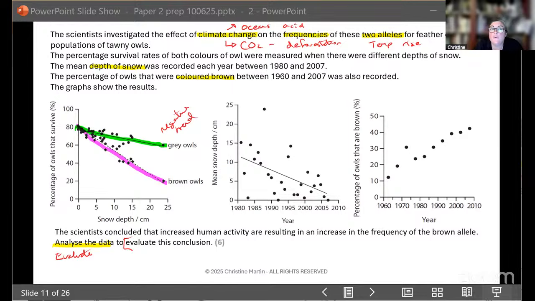However, evaluate the conclusion. The increased human activity are resulting in an increase in the frequency of brown owls. So how are we actually linking to that? Well, you've got to be aware the evaluate is pros and cons. Support that conclusion, does not support that conclusion. So if we can say there is increase in our